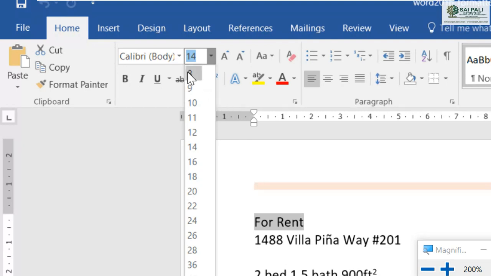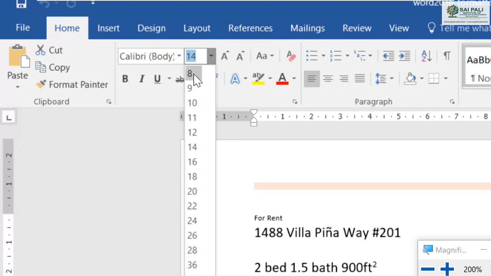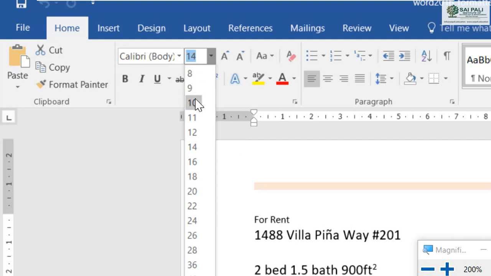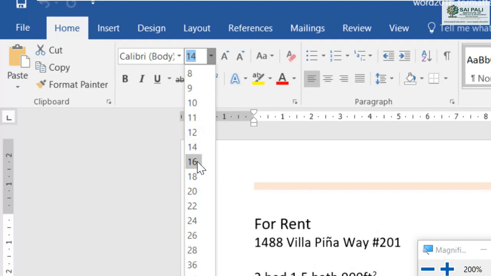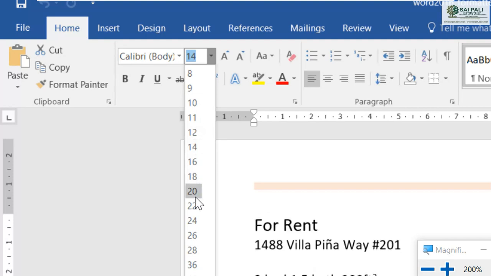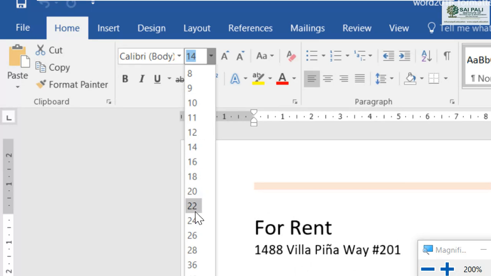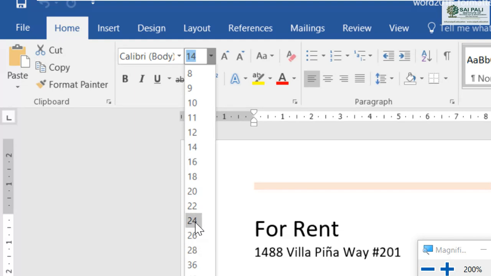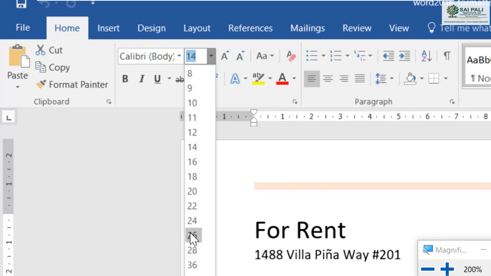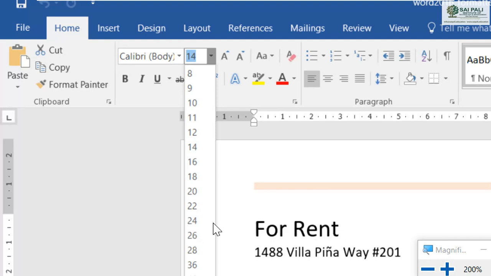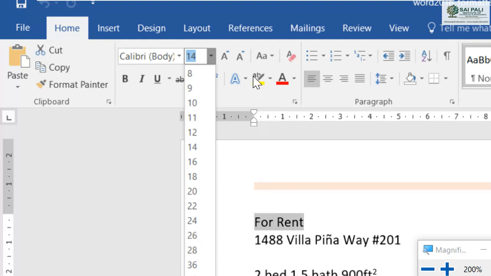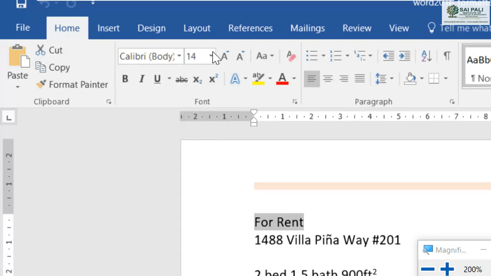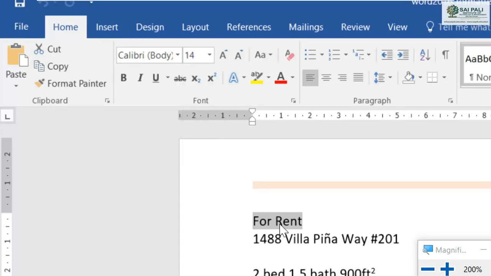So when I go for 8, you see it is getting very small, 9, a little bigger, 10, 12, 14, 16, 18, 20, 22, 24, 26, and you can see it is showing me the preview. Unless I select any value, it will not change. Suppose I did not select any value, I just go and click here again. Now you can see it still remains that size.